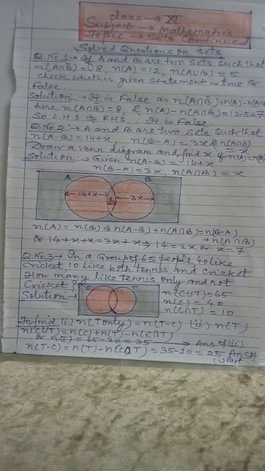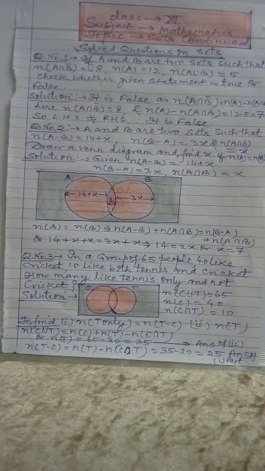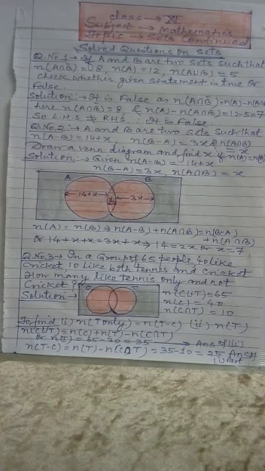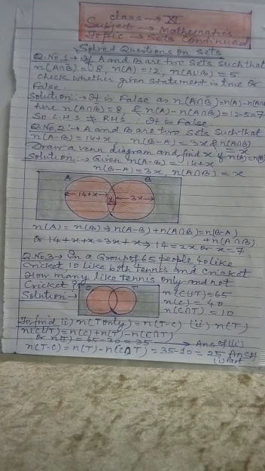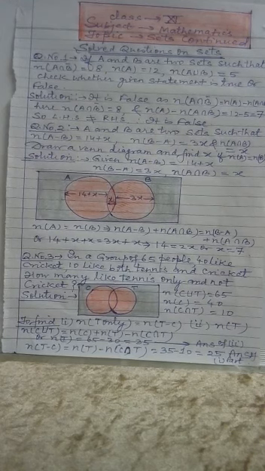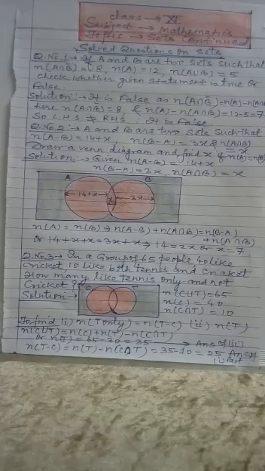Now question number 2. A and B are two sets such that n(A minus B) is 14 plus X, n(B minus A) is 3X, and n(A intersection B) is X. Draw a Venn diagram to show it and find the value of X if the number of elements in A equals the number of elements in B. So n(B minus A) is 3X and n(A intersection B) is X.